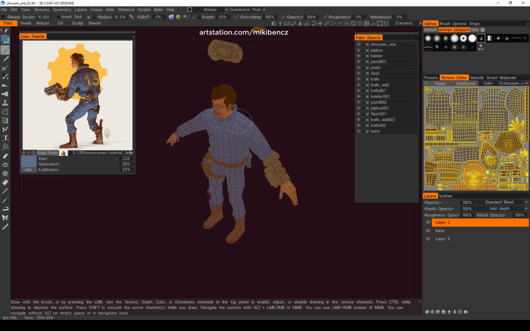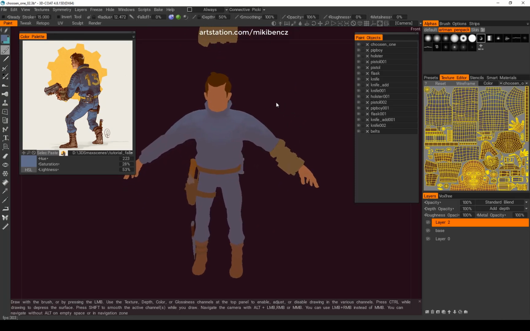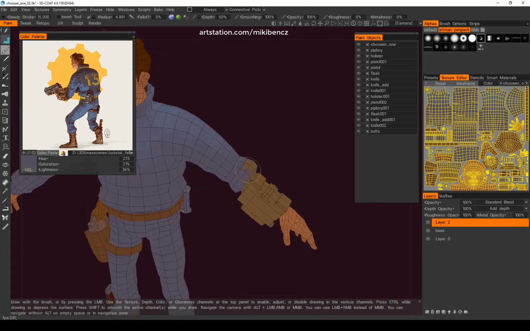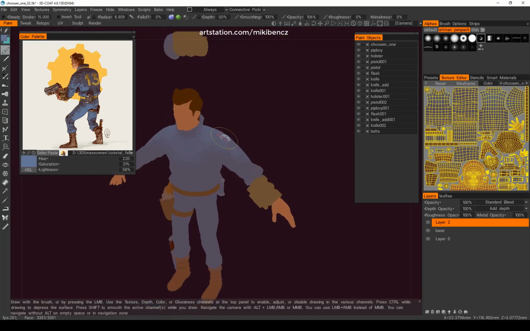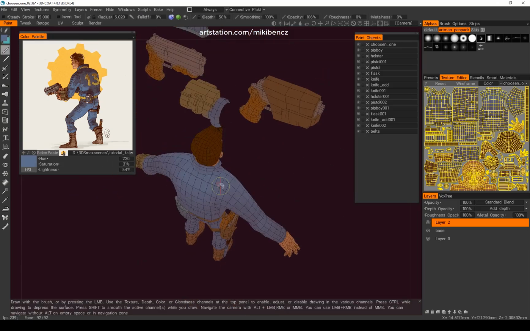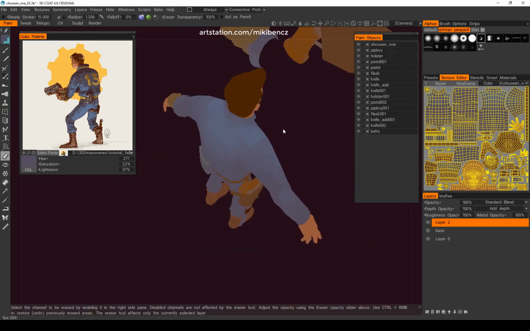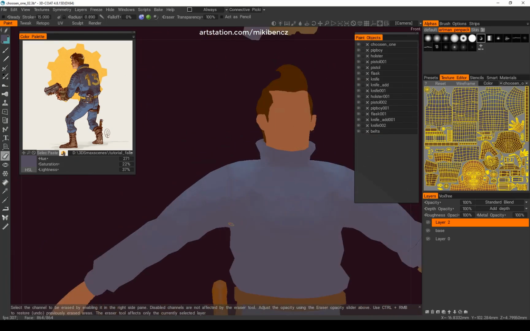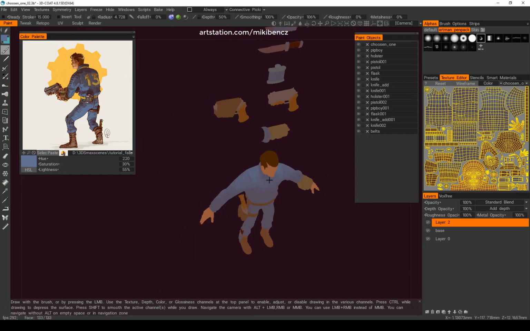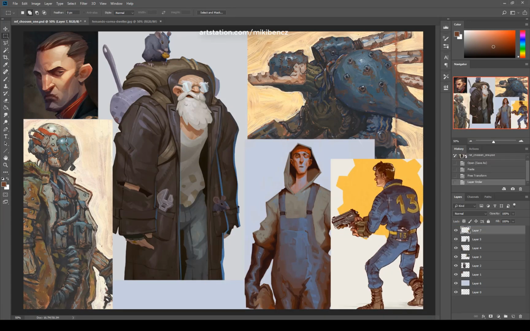So let's start with describing the forms first. I always try and start with the biggest shapes I see and get the right values and right forms first, on the biggest piece of geometry I see. So here I started with the jumpsuit. I think it's a pretty large area to cover. As you can see, the symmetry tool is on. I use the symmetry thing that I showed in the first video,